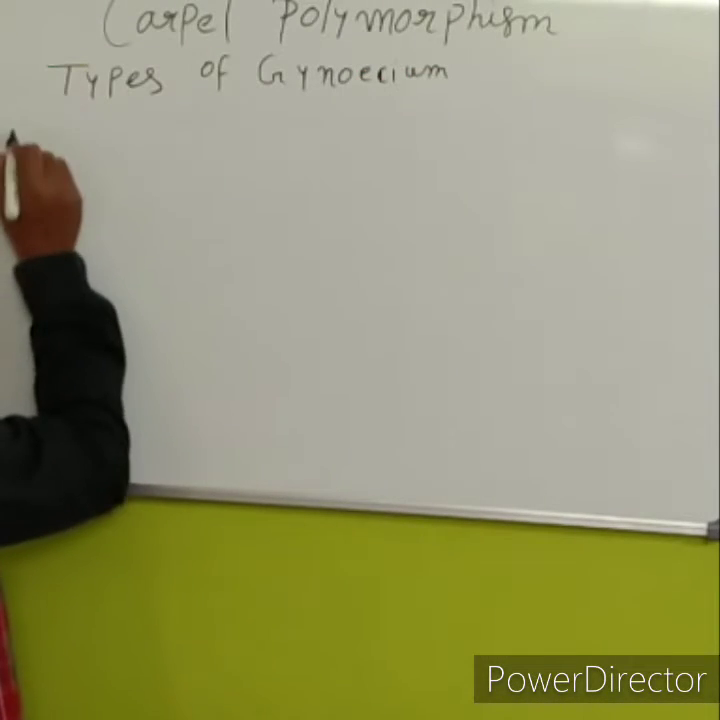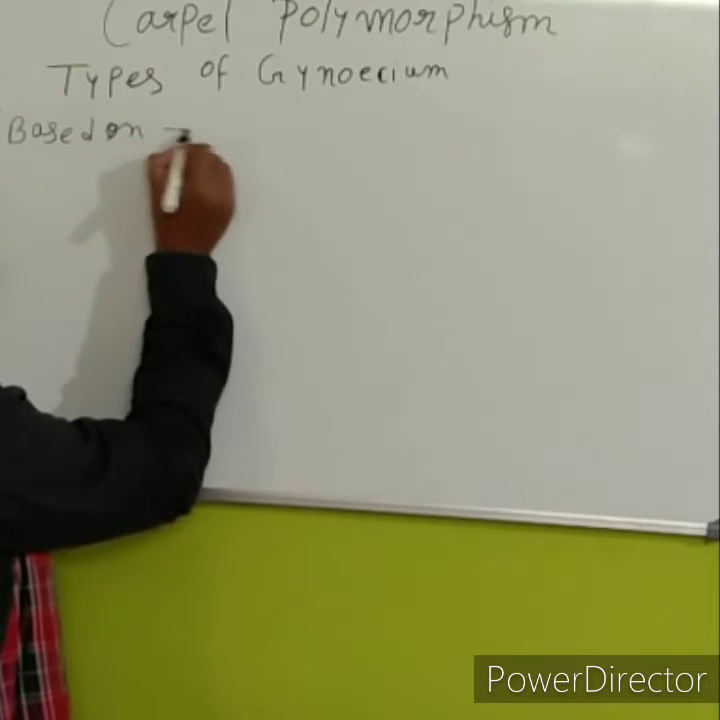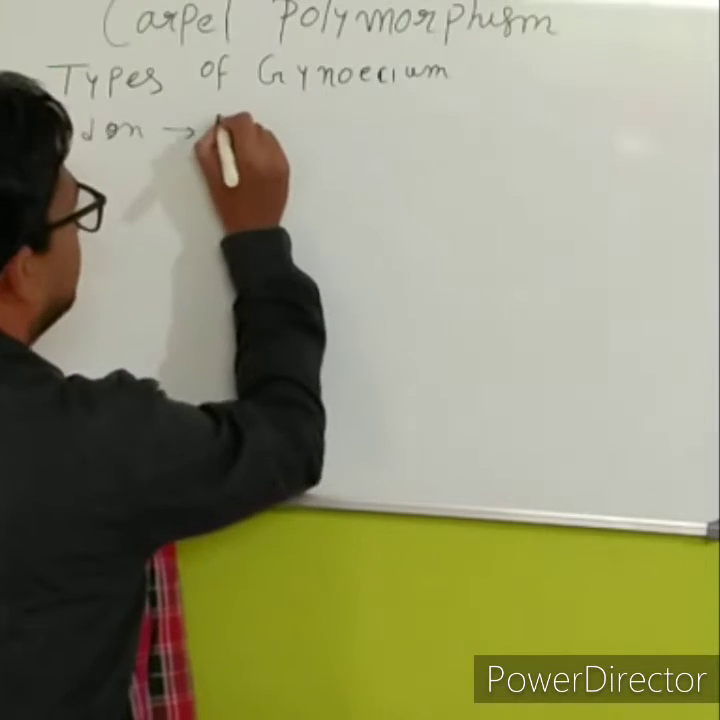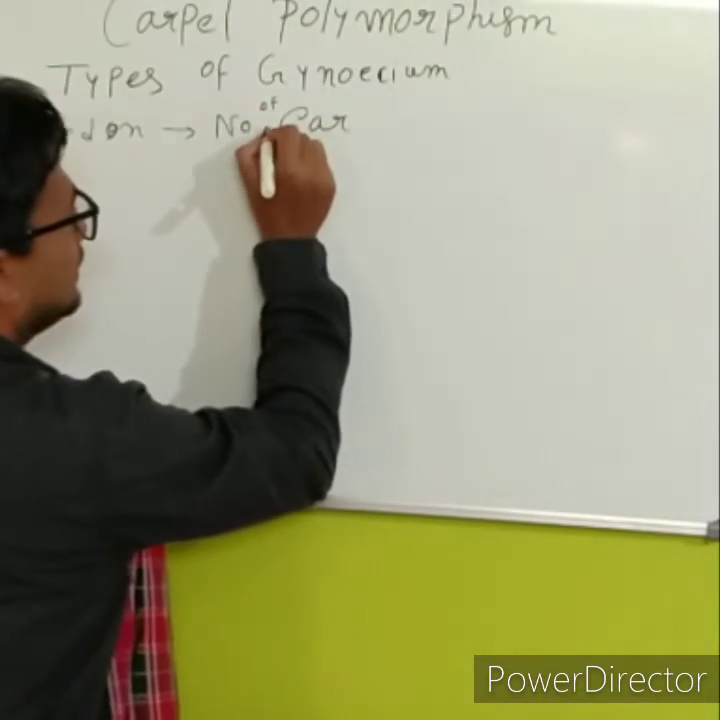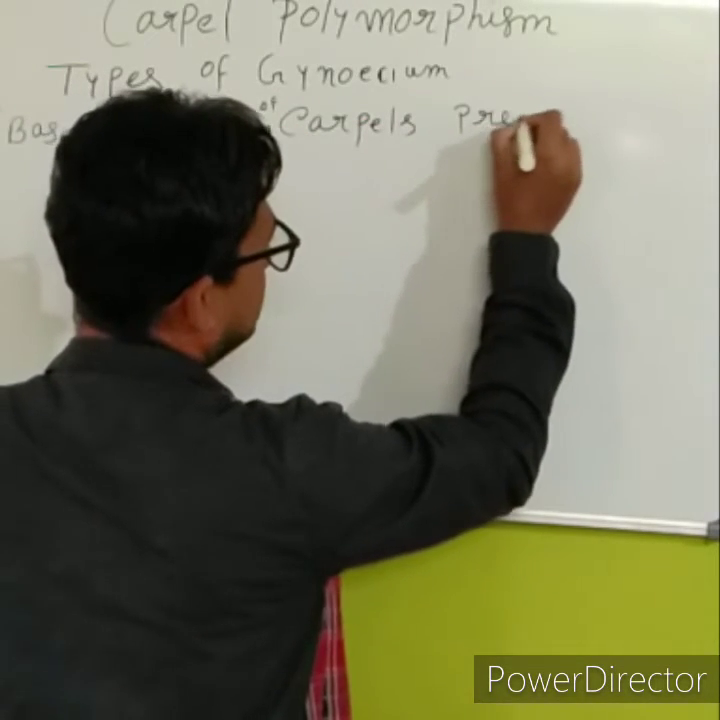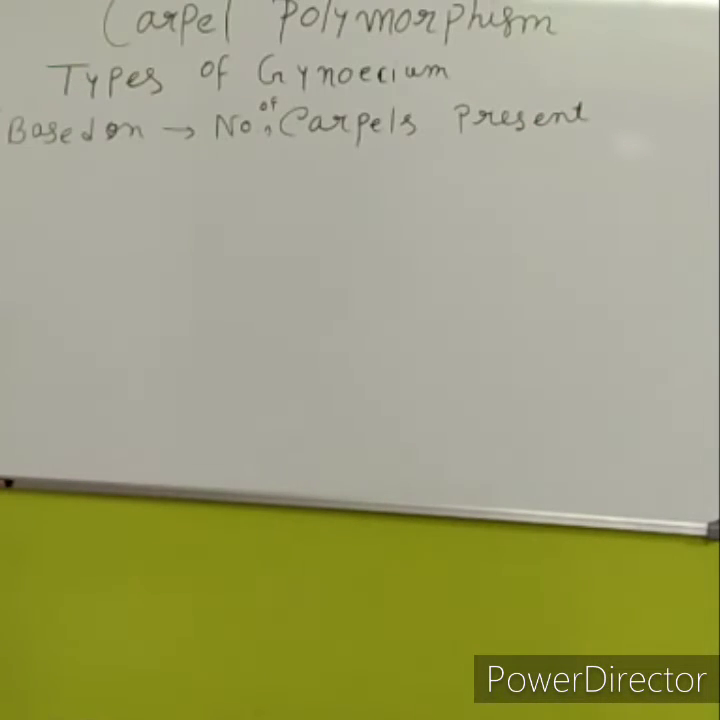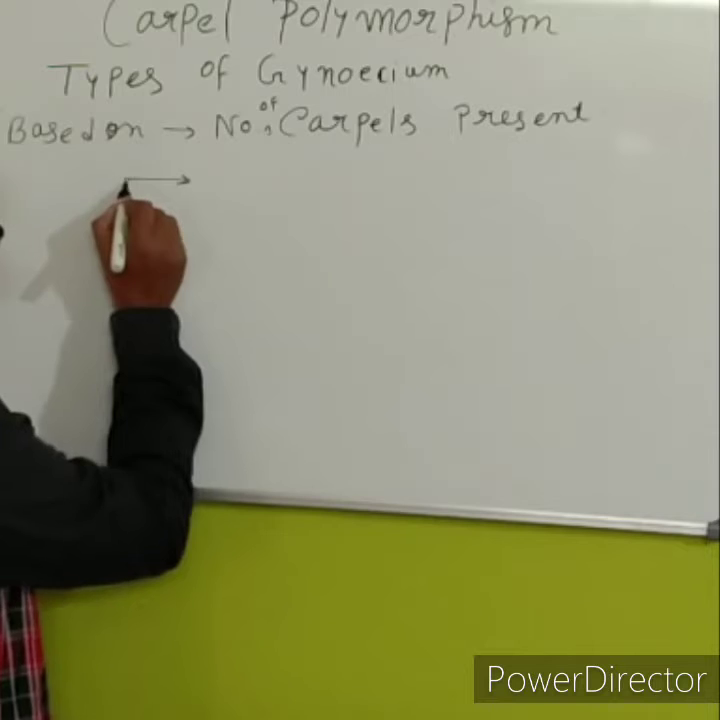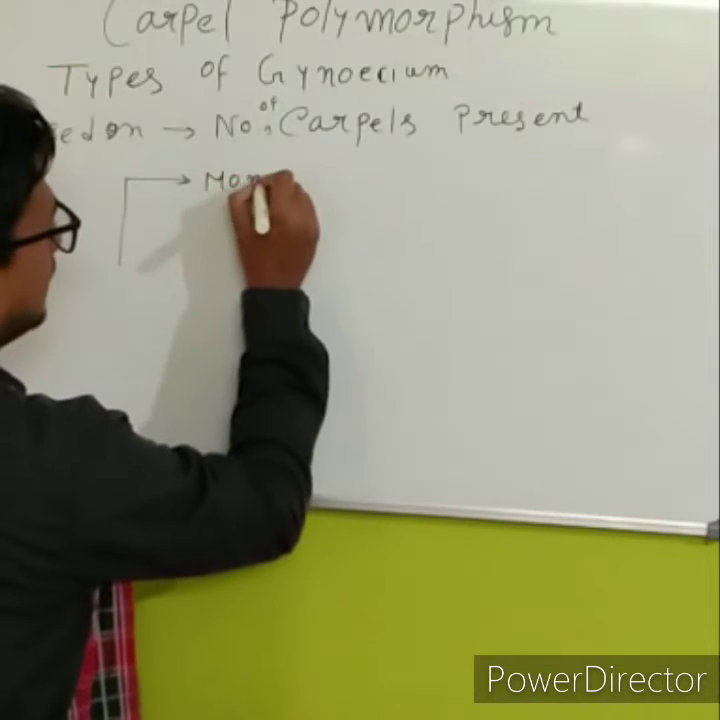Based on the number of carpels present in it. So depending on the number of carpels present in the gynoecium are of different types. It may be monocarpellary